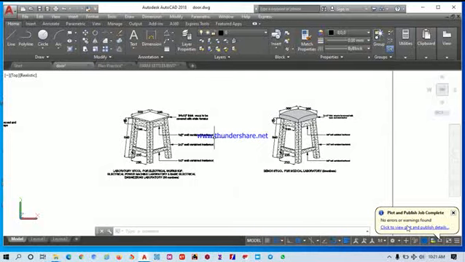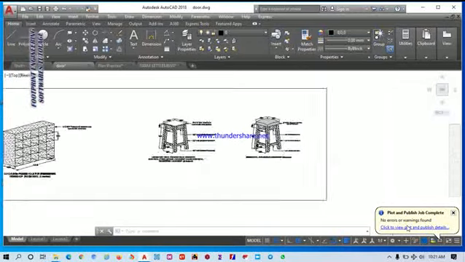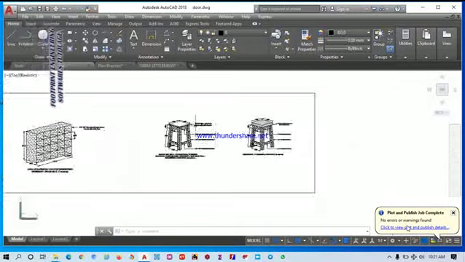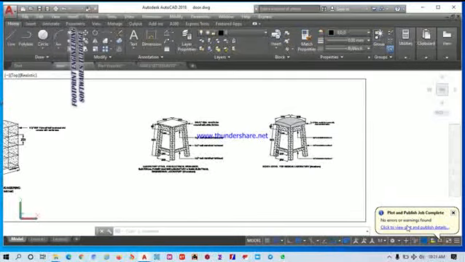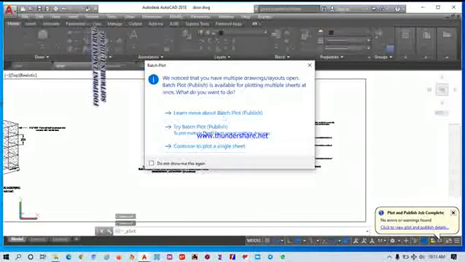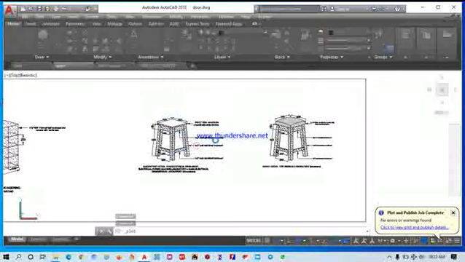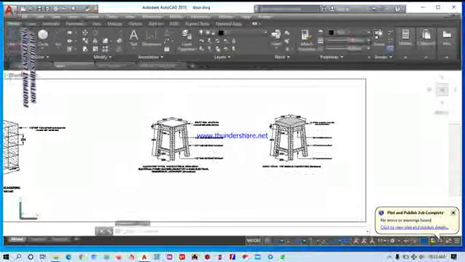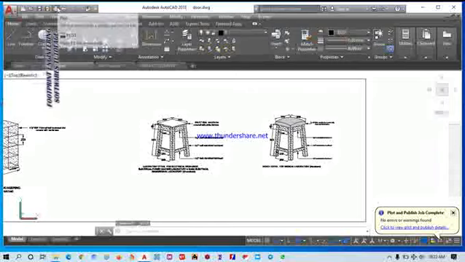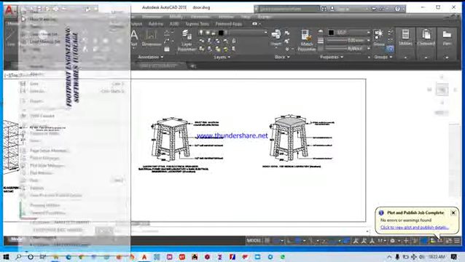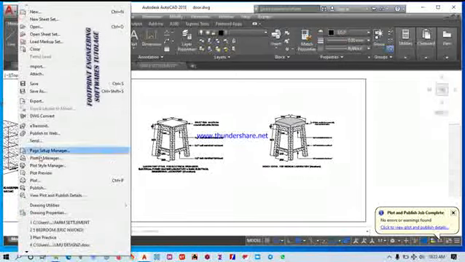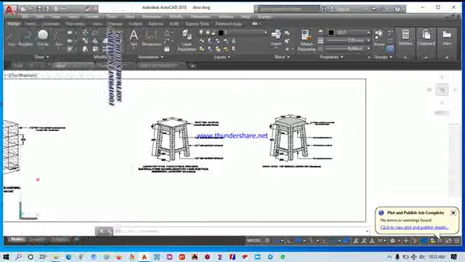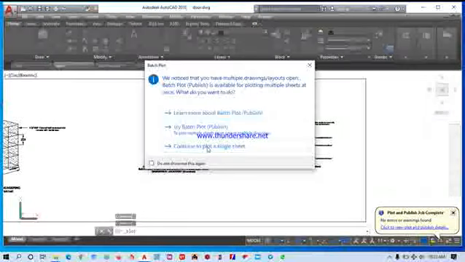I'll also combine this tutorial with how to print, how to plot, on AutoCAD. To go about this briefly, you can press Ctrl P on your keyboard. There are three ways to go about it. You can also go to this plot icon, which is still the same thing, or you go to File and you see your plot here. So once you click something like this,